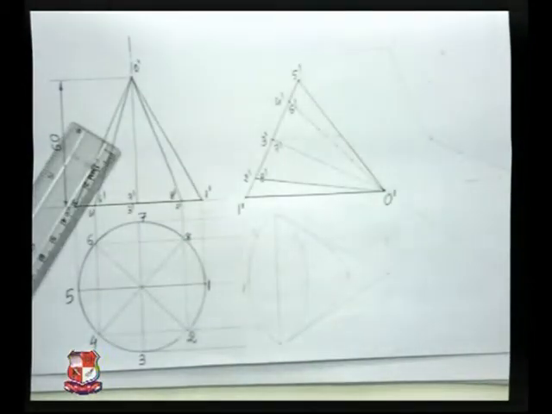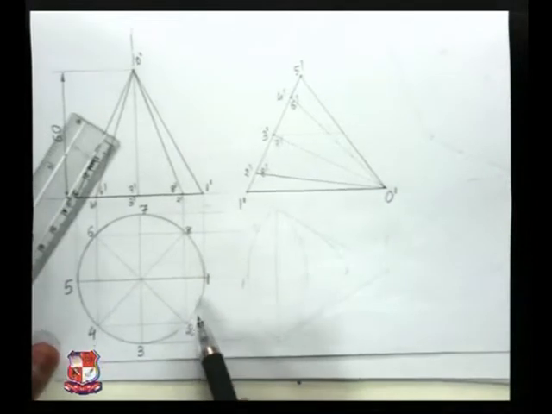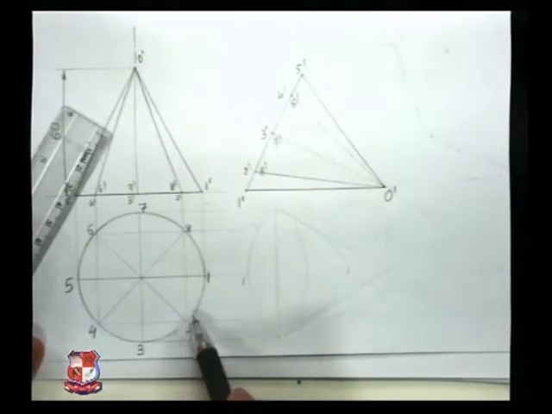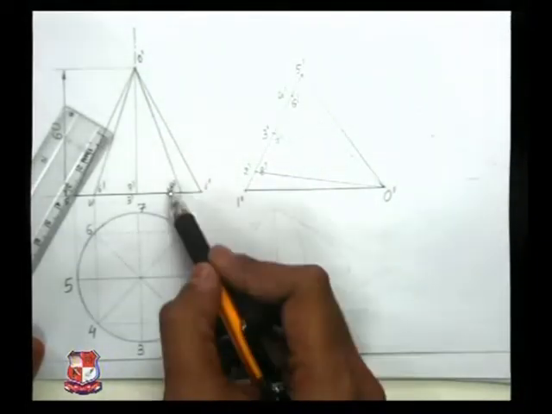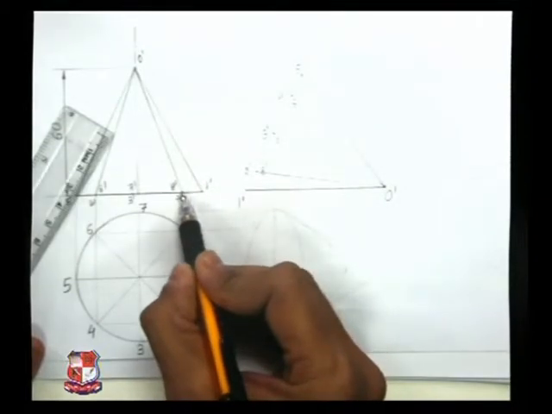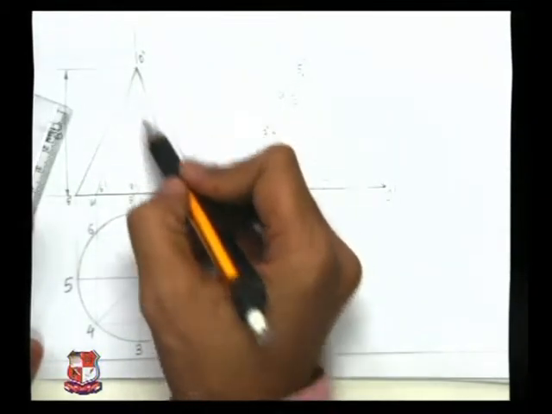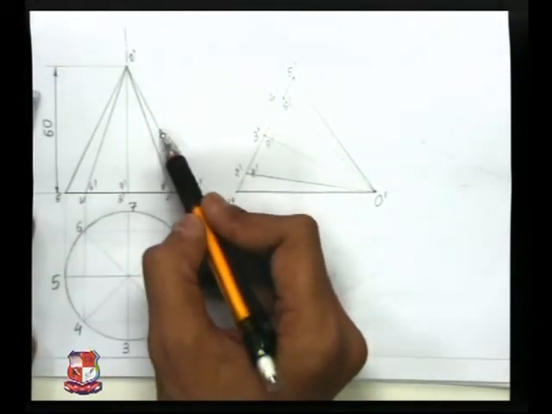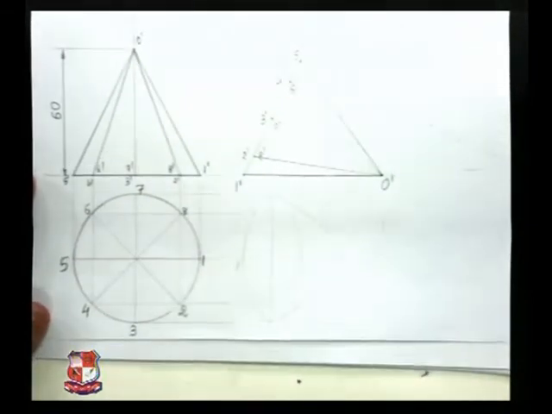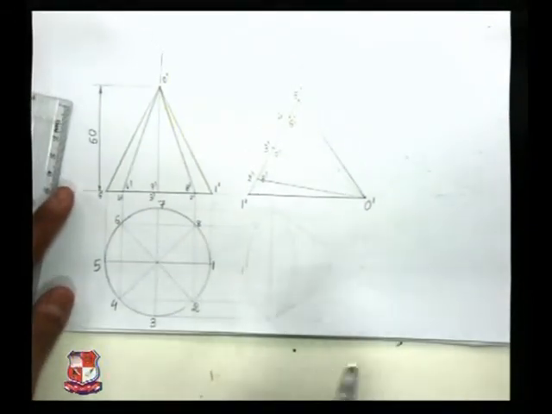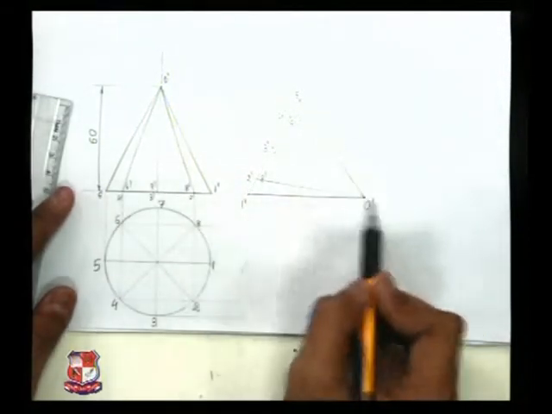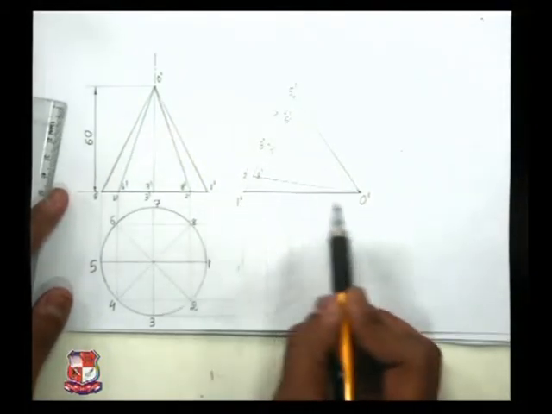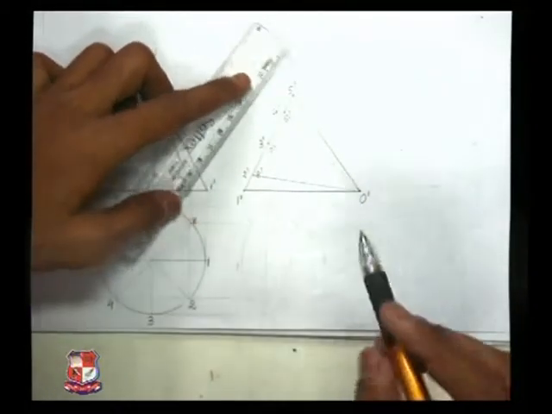To draw this imaginary generator, we have divided this top view into 8 equal parts, say 1, 2, 3, 4, 5, 6, 7 and 8, and from all these end points from 1, 2, 3, 4 take projections in the top view, and from here join this point with the apex point O dash with the slant edges or inclined lines. So these are the imaginary generators drawn over the surface of the cone, and this cone is tilted like this. So now the cone is resting on one of its slant edges, that is O dash 1 dash. So O dash 1 dash is the edge on which this cone is resting.